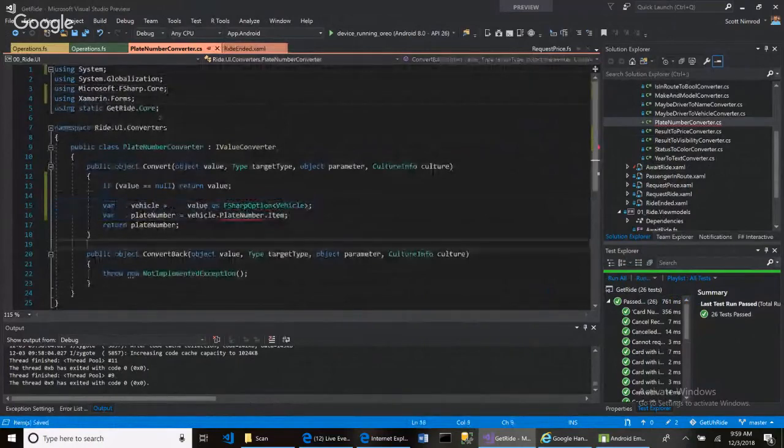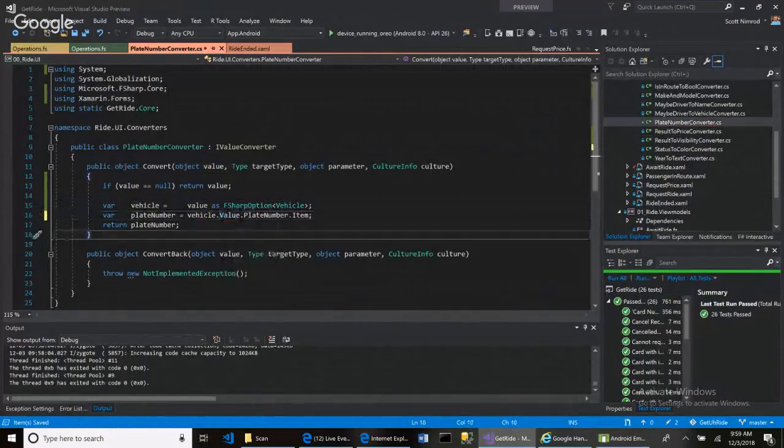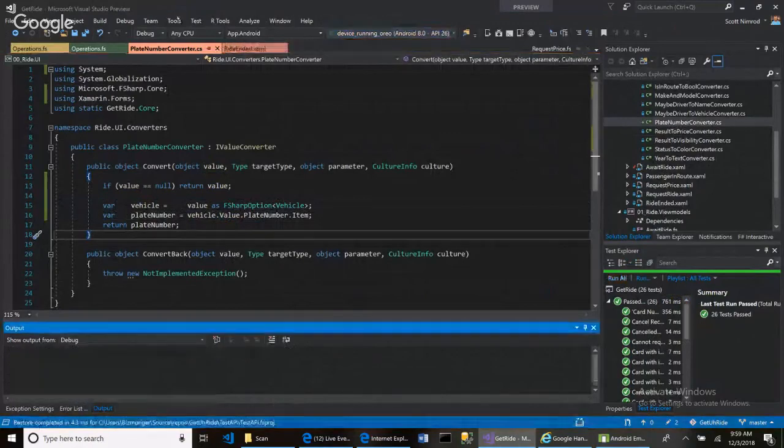Let's see if that works. We'll say that this will actually have to be vehicle dot value, plate number dot item, something like that. So then if we run this again,